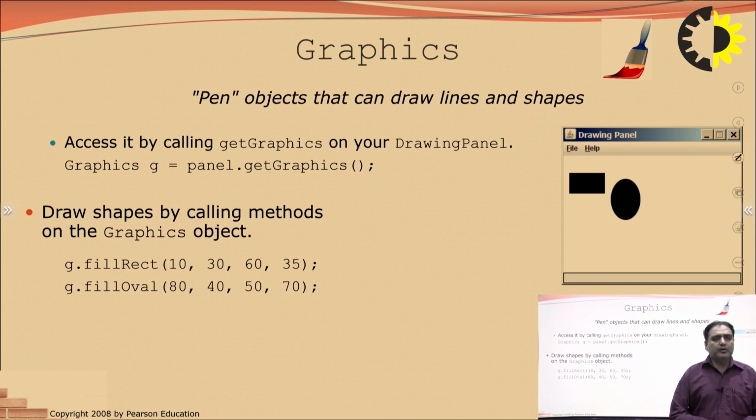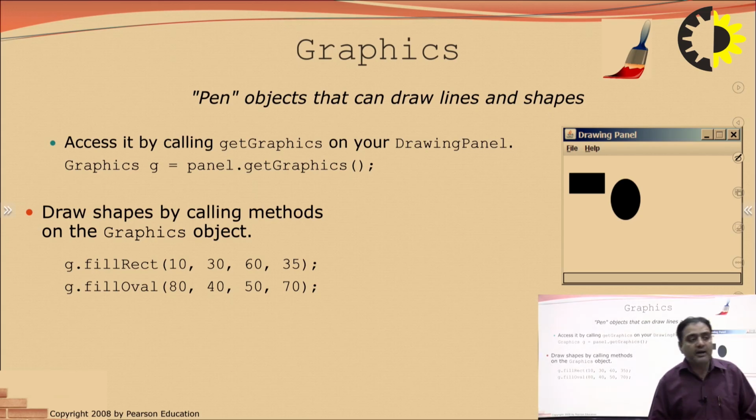Here g is an object that belongs to the Graphics class. So via the getGraphics method you can create it, and draw shapes by calling methods on the Graphics object, meaning fillRect and fillOval. Here the two shapes are the rectangle and the oval. You give the parameters, for the rectangle 10, 30, 60, 35, and for the oval 80, 40, 50, 70.